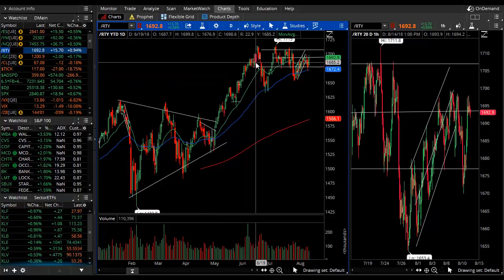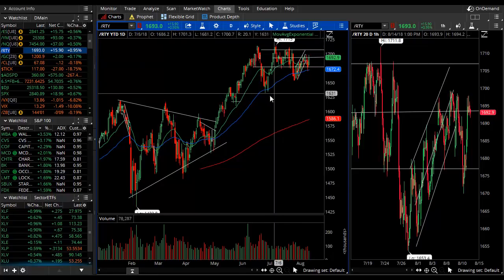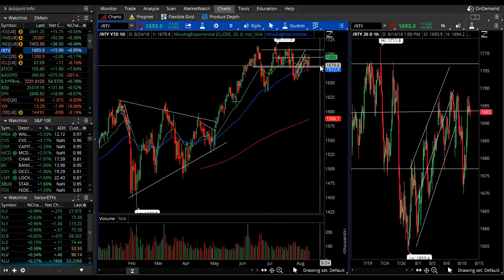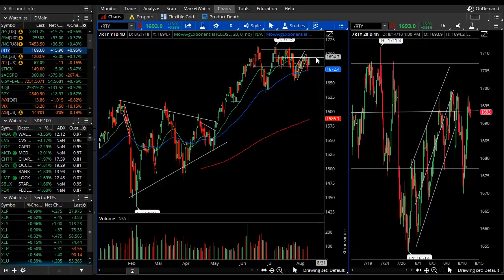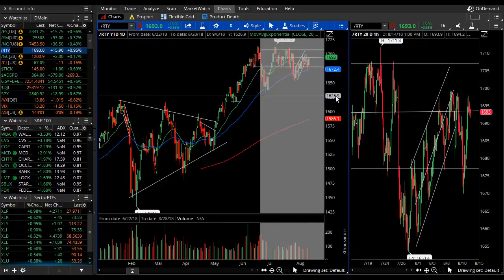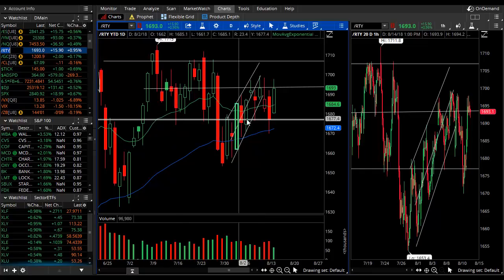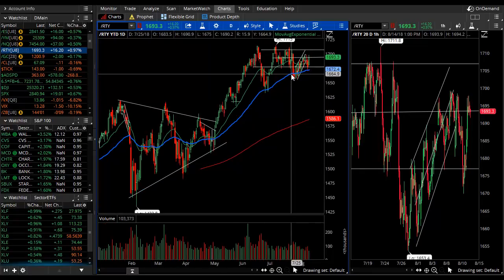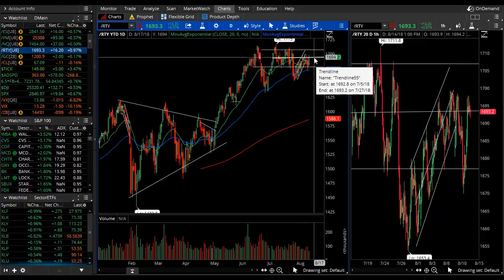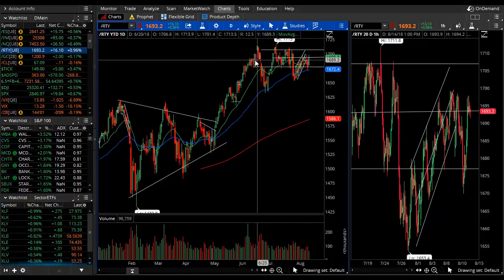From that point, we have had a sideways consolidation, possibly even a trend line triangle that's going to be about this 1700 pivot spot. That is where the Russell is currently. So the main idea, as we sum the daily charts into an actionable plan, is the midpoints, trading ranges, decision